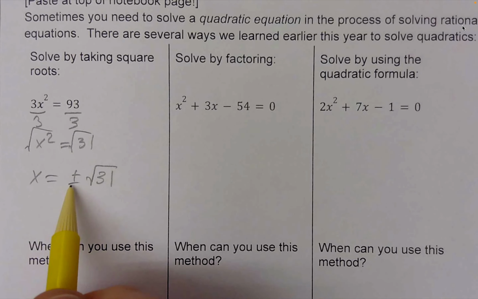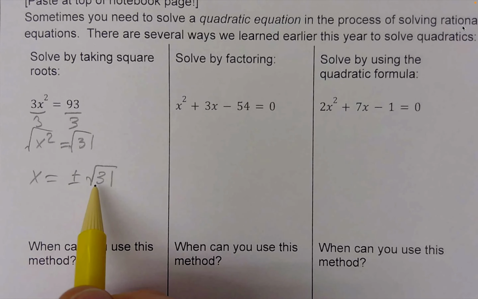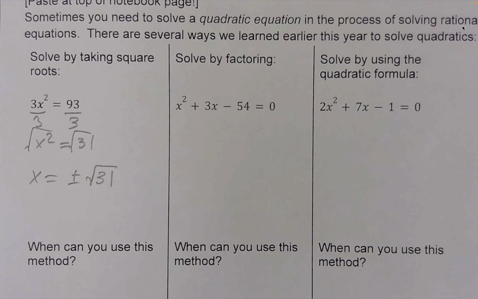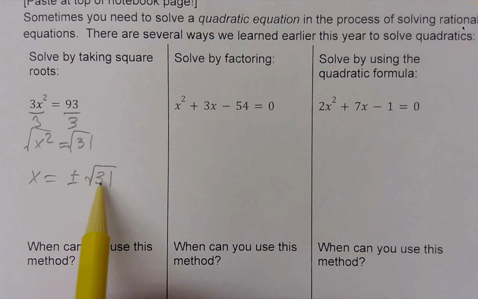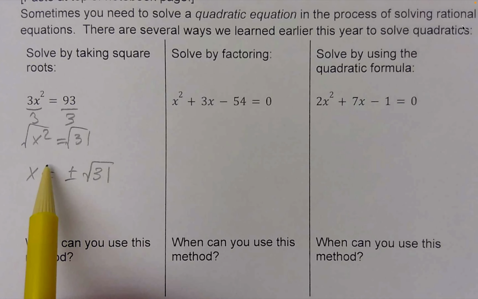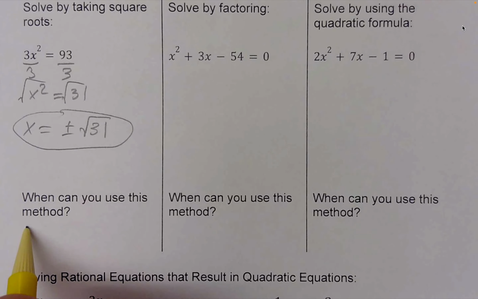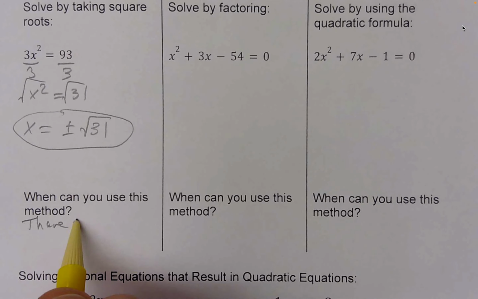Don't forget also about the positive or negative. There's two numbers that if you multiply by themselves, you get 31: positive square root of 31 and negative square root of 31. Okay, so that's that. One can use this method when there is no